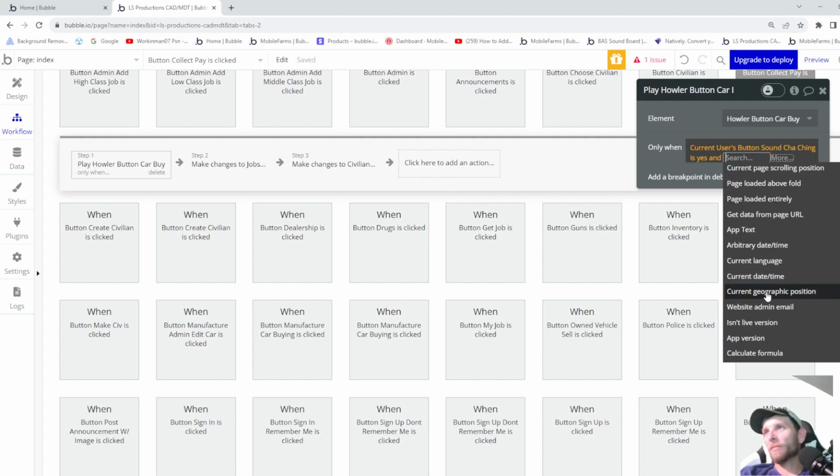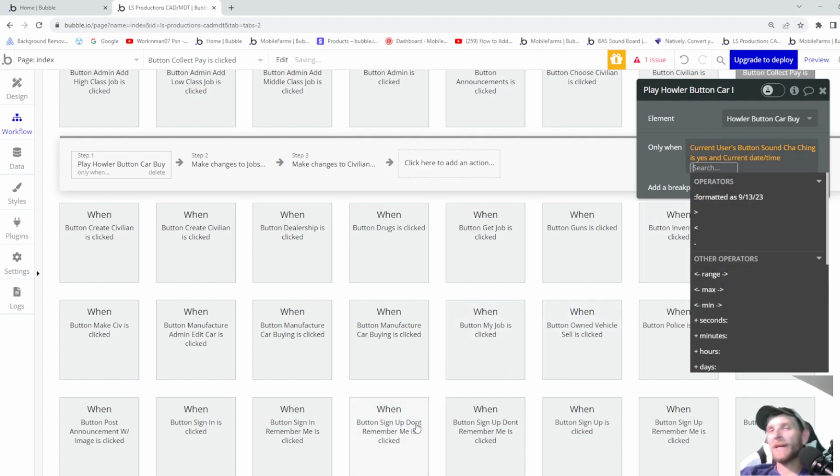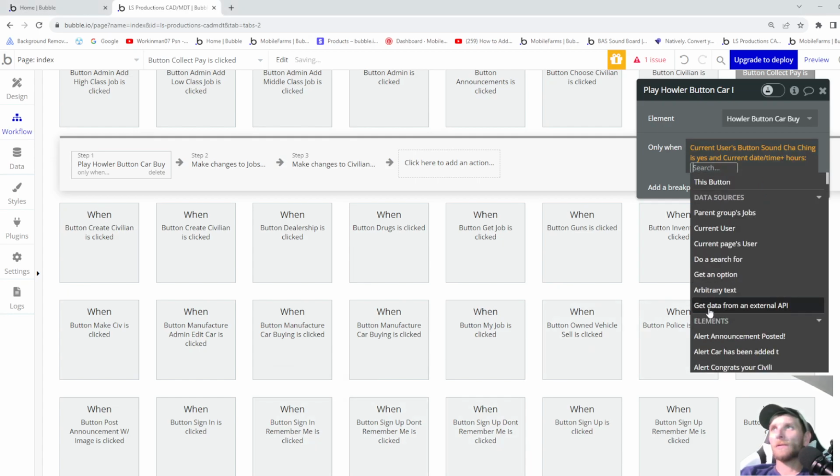Scroll all the way down to the bottom. Current date and time is going to be plus hours. I think it'll be 1 minus 1 is greater than